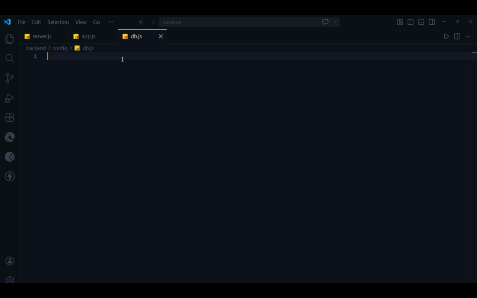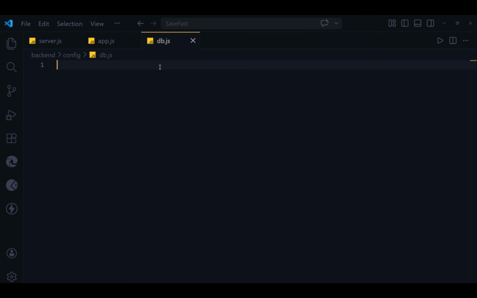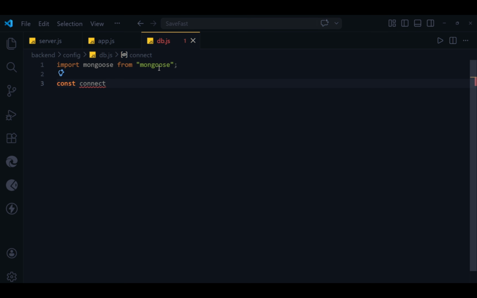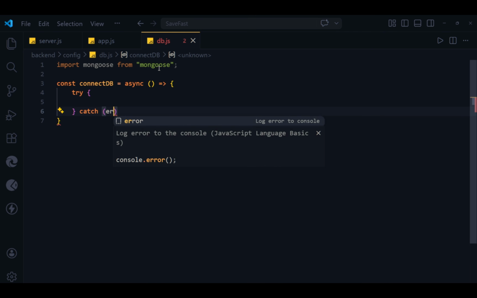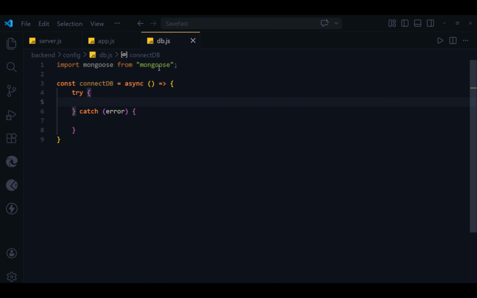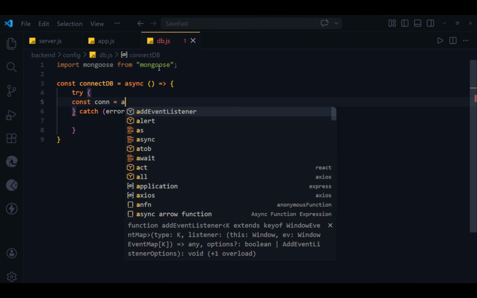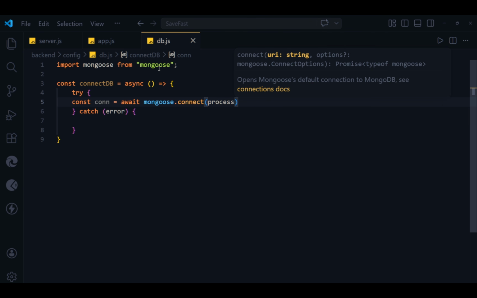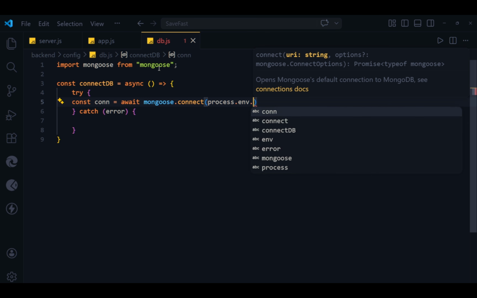After this, we will close the .env file and open db.js. In db.js, we will first import Mongoose. Below that, we will define an async arrow function named connectDB, which contains a try-catch block. The catch block receives an error parameter. Inside the try block, we will define a variable named con that awaits the result of connecting Mongoose to the URI stored in